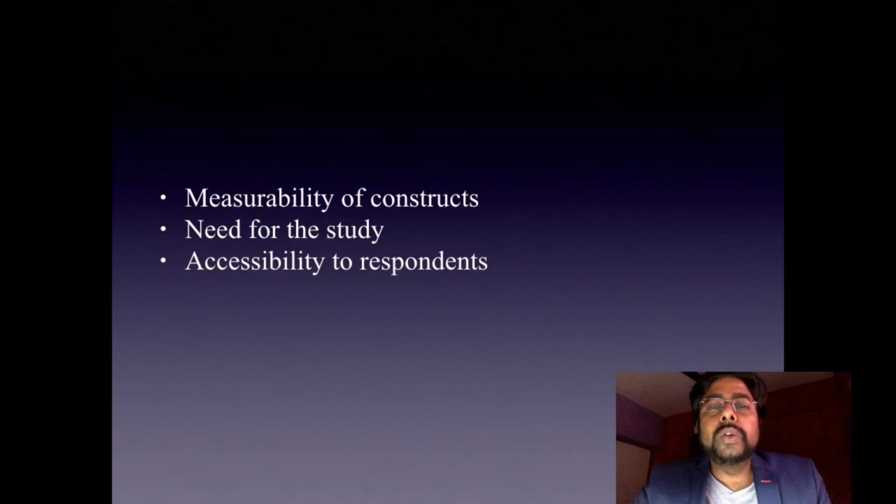So it's always good to choose a population or a study group or respondents who are accessible to you. This makes your research process easier, particularly the data collection part, because only when you have data with you, you can go ahead with the analysis and the rest of the research. So accessibility to respondents is something that you need to consider before you choose a topic. Make sure that whichever topic you're choosing, the respondents are accessible to you to some extent. So that's with regard to the third point.